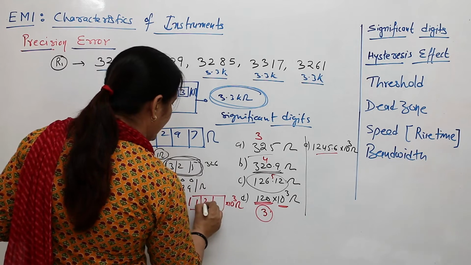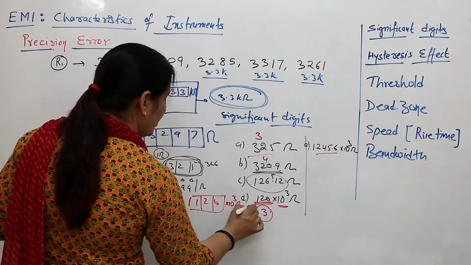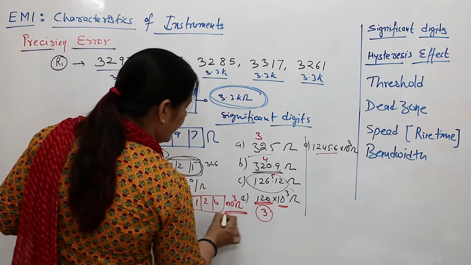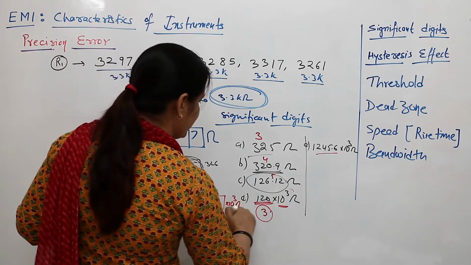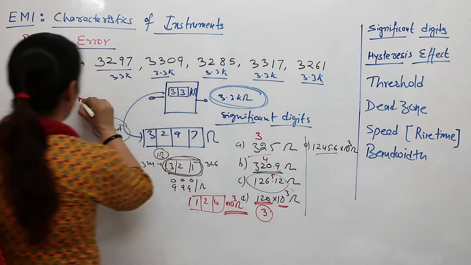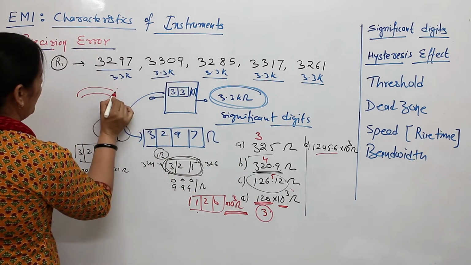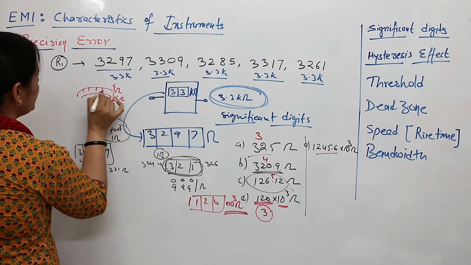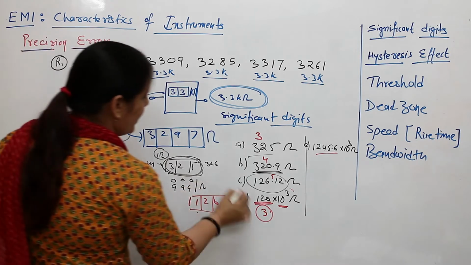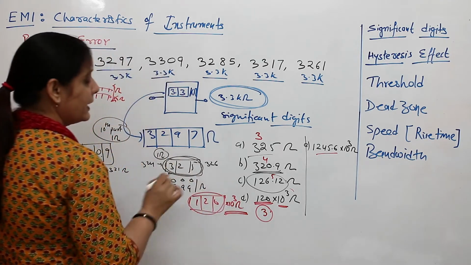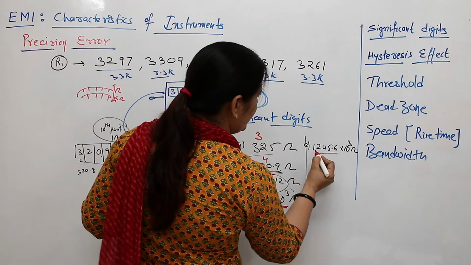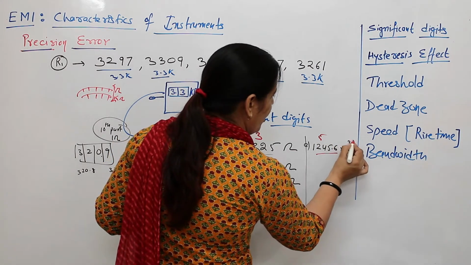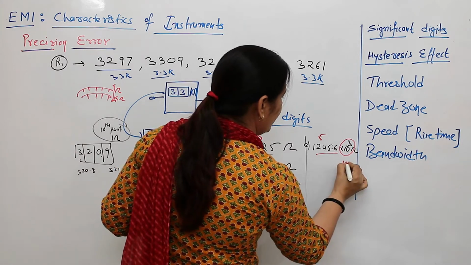So you can read 120,000 kilo ohm to 999 kilo ohm. This multiplication factor is an additional part mentioned in the scale, or you can have a scale like this also, ohm, kilo ohm. So these are standard units. How many sections or digits are there will be considered as significant digits. In this case there will be significant digits of 1, 2, 3, 4, 5. Okay. Ignore the 10 raised to power 3 or kilo ohm.